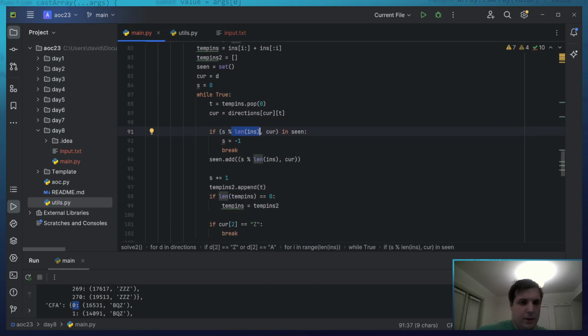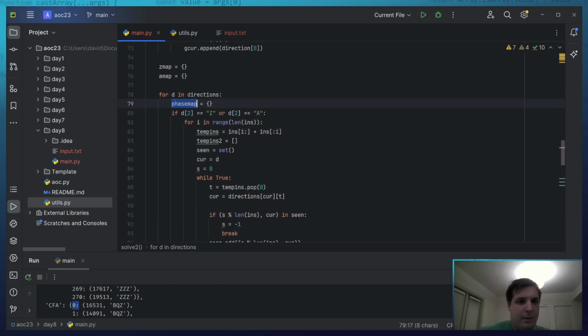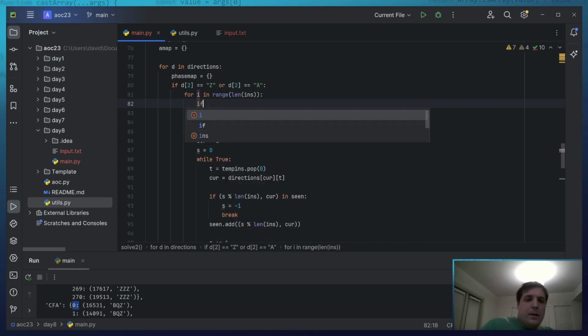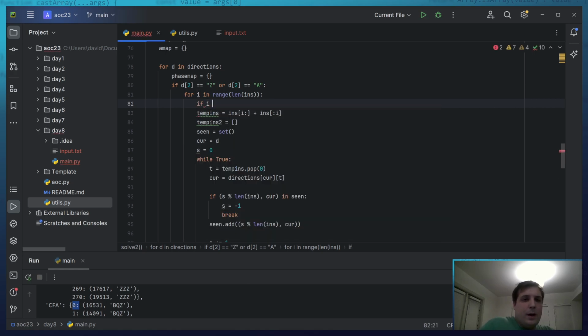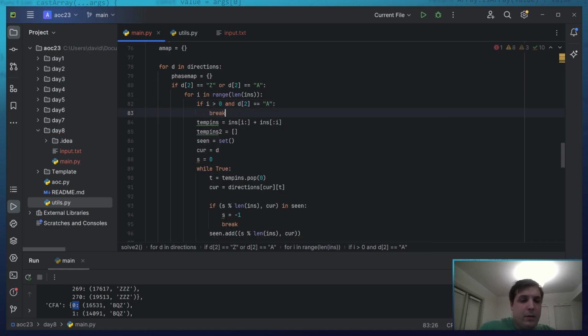Now, I want to cut off the A map, the phase map, if I is greater than 0 and D2 equals A, then I want to say, hey, now I have got enough.